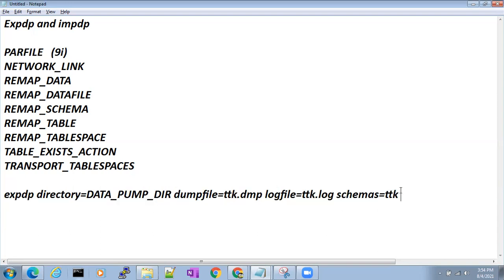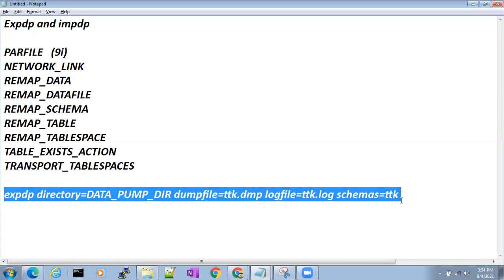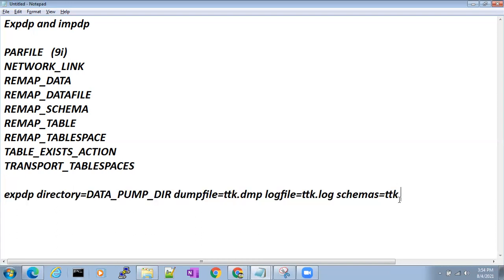Even you can give this as sysdba and everything, so that it will not even ask you the username at the time of export. If you give this syntax, it will ask you for the username. Absolutely, it will ask you.